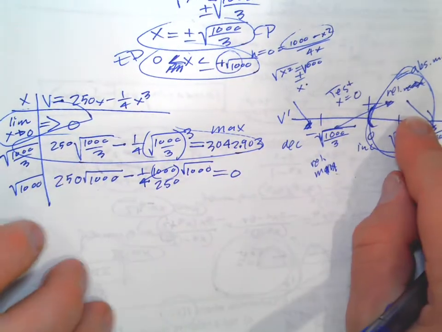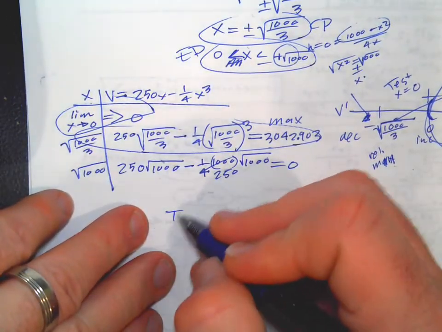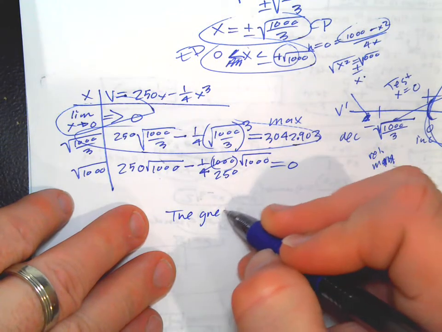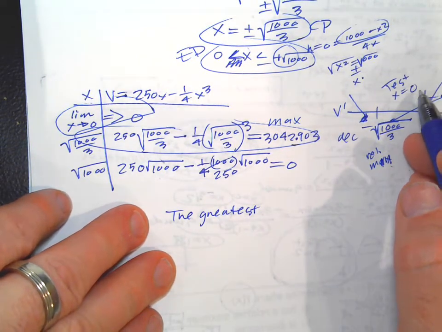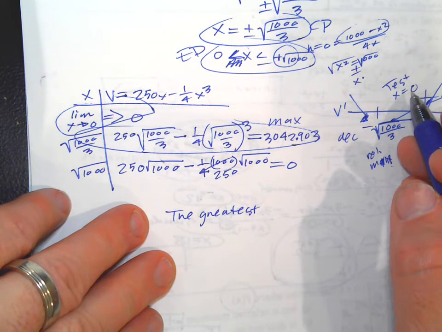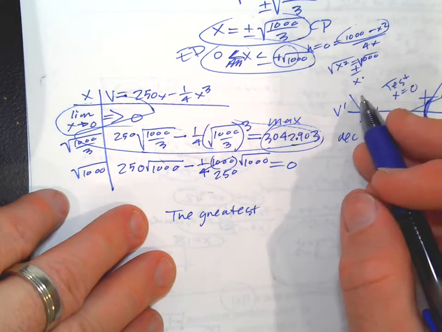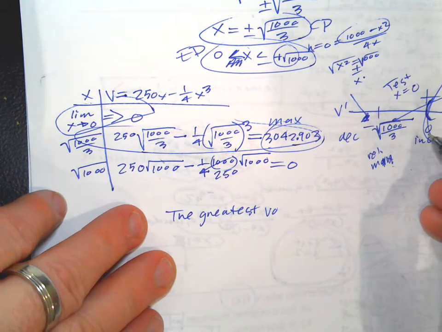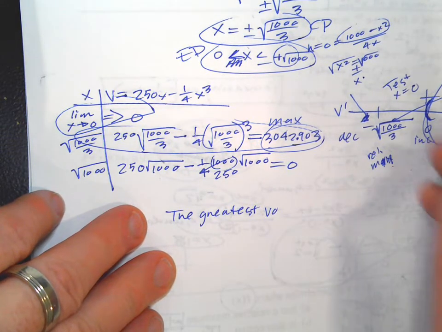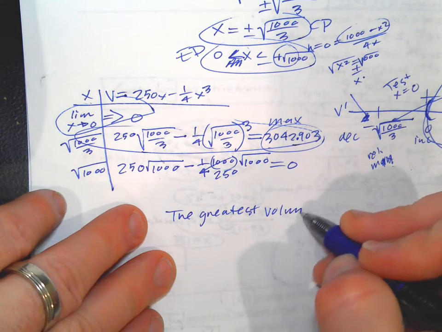Now justifying is the hard part. You got to justify its relative max first. So you could say the greatest. Now here's the deal: if we take this approach, we never really found the greatest volume. If you did here, that's fine. But if we take this approach, we haven't figured it out yet. If we want to, we still got to plug this back in. But I think we can get away with it this time. The greatest volume